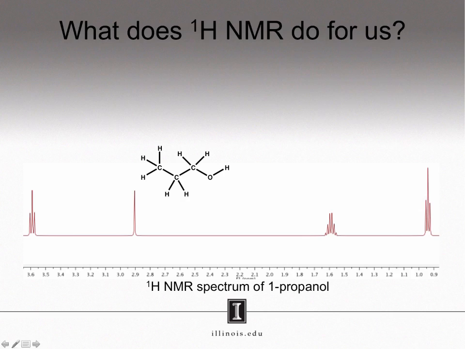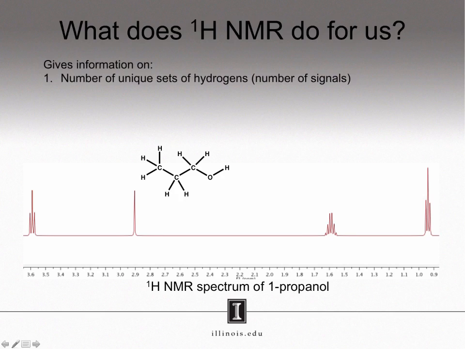The chemical structure you see here is of 1-propanol. The NMR spectrum you see below it is the Proton NMR spectrum for 1-propanol. By the end of this webcast, you will be able to see how this spectrum corresponds to the chemical structure. What a Proton NMR spectrum allows us to learn about a molecule are the number of unique sets of hydrogens in the molecule. We will learn this via the number of signals in the Proton NMR spectrum. We will learn about the number of hydrogens in each unique set, and we will learn this via the integration